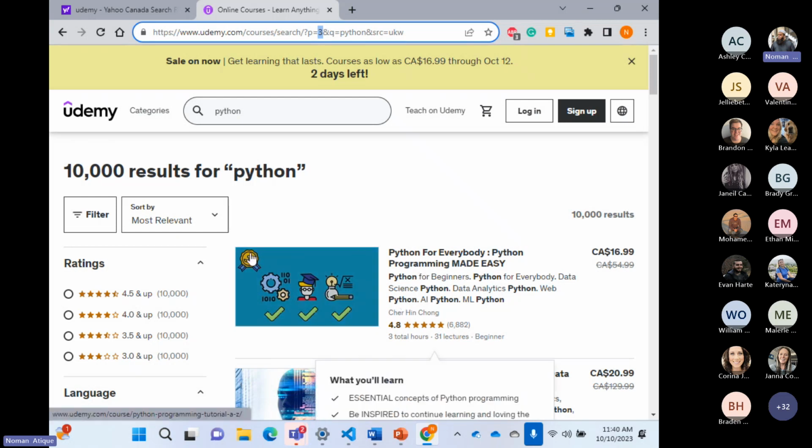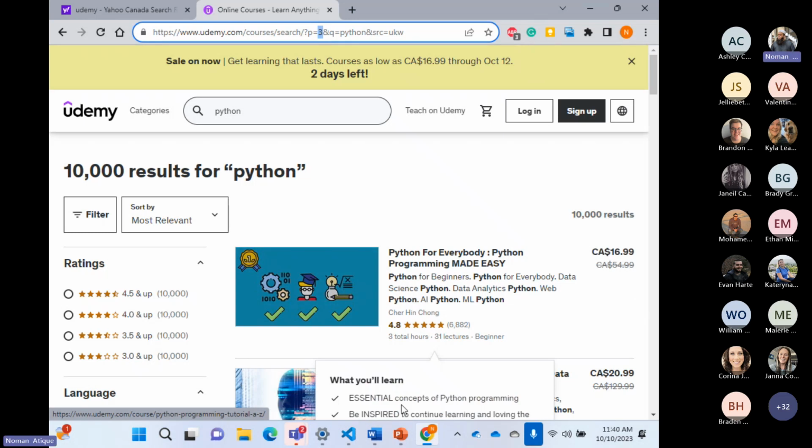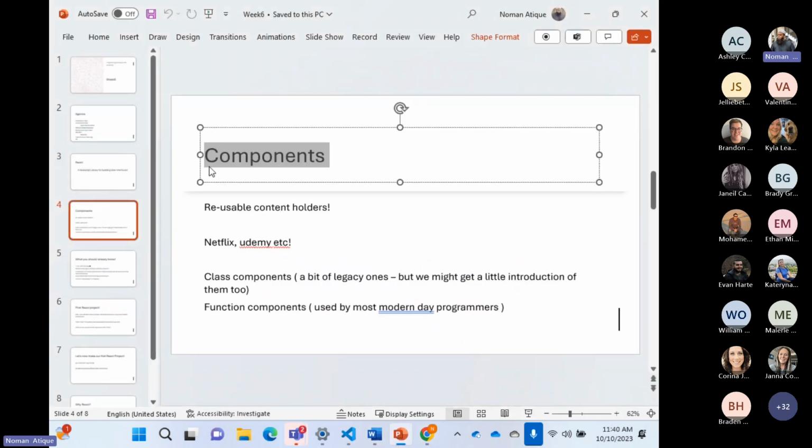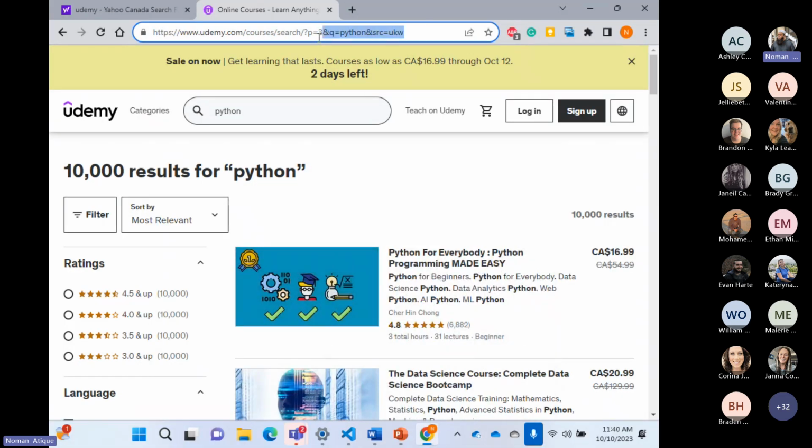Exactly. So it's like a placeholder that can hold multiple types of information, having that template. This template is actually called a component, a reusable content holder. They basically get their values without making a request to the server, if that makes a little sense to you guys.